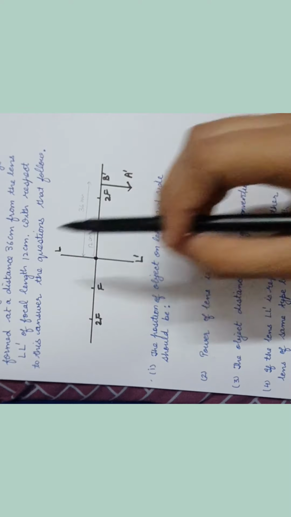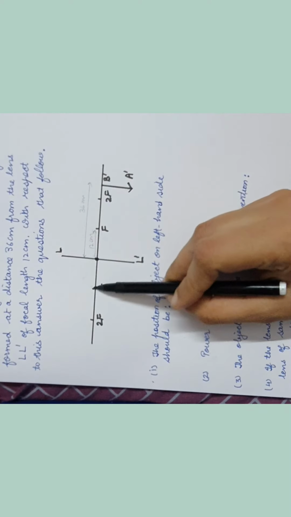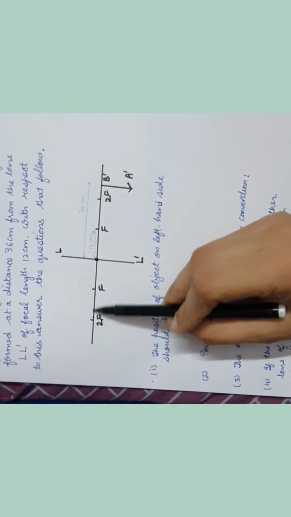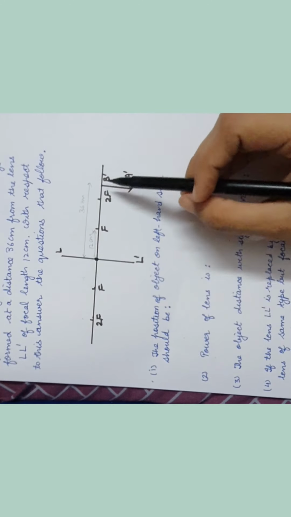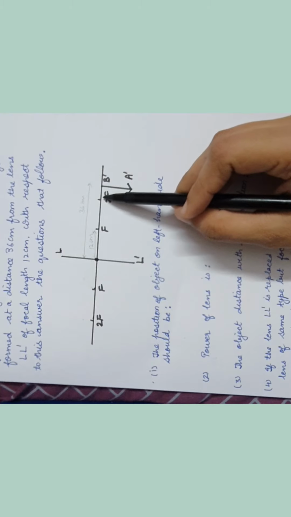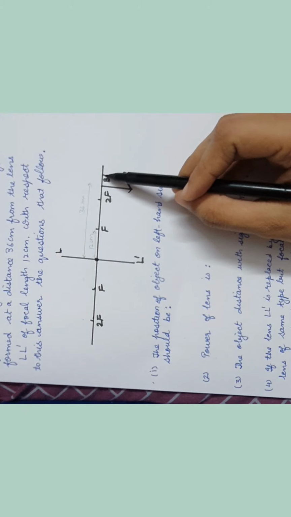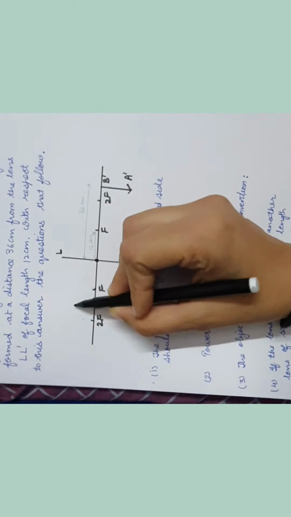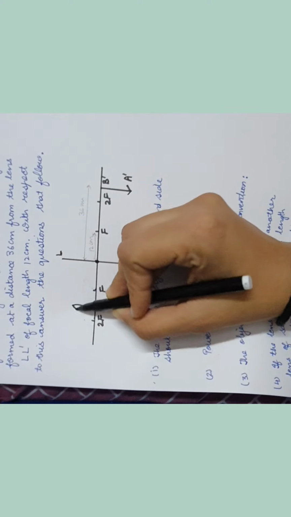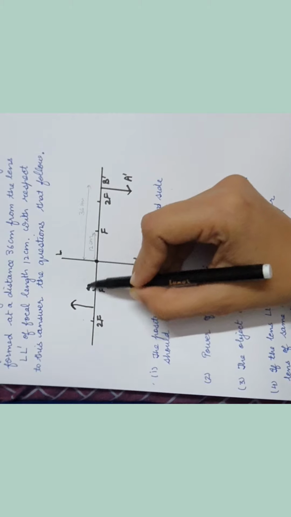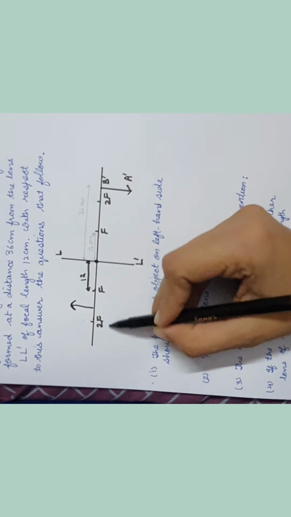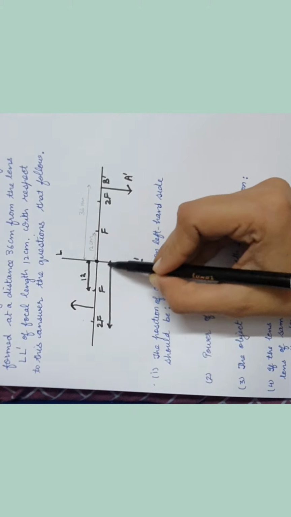Okay, so now they are asking what will be the position on left hand side of the object. See, focal length is 12. If this is 12, this is also 12, right? So total becomes 24, right? And you should remember, when is the image formed beyond 2f? So it is formed when the object is, actually, between f and 2f. So this distance is your 12, right? And this total will be 24.